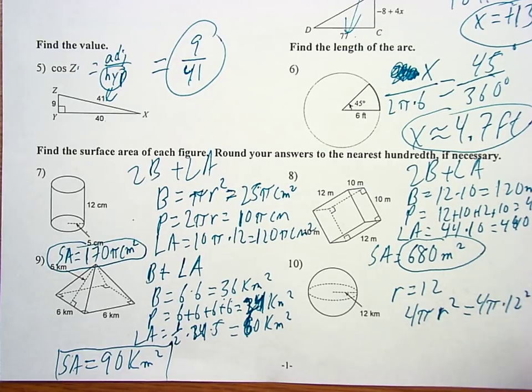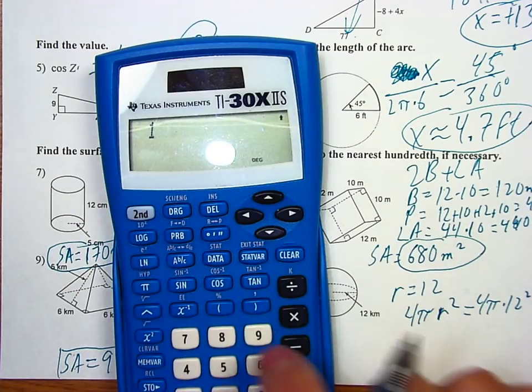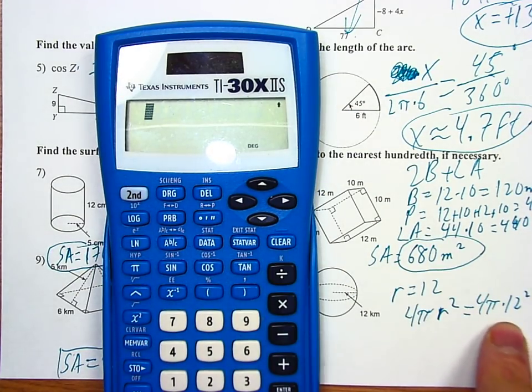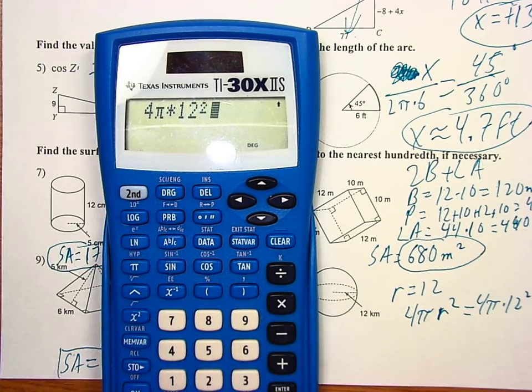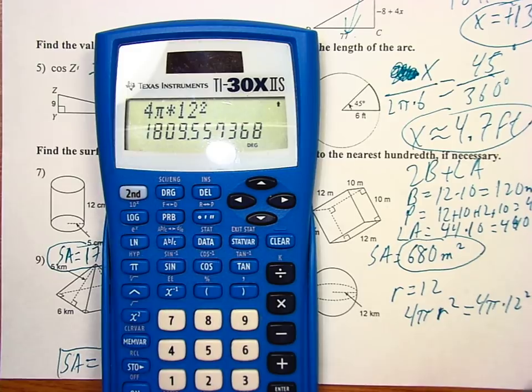That is a formula-derived question, so that is not particularly one where it's going to make perfect sense why it's 4 pi r squared, unless you happen to take calculus as a senior in college, because it is calculus-derived, the formula. But it is the formula. So I'll take the decimal answer, 1,809, or about 1,810